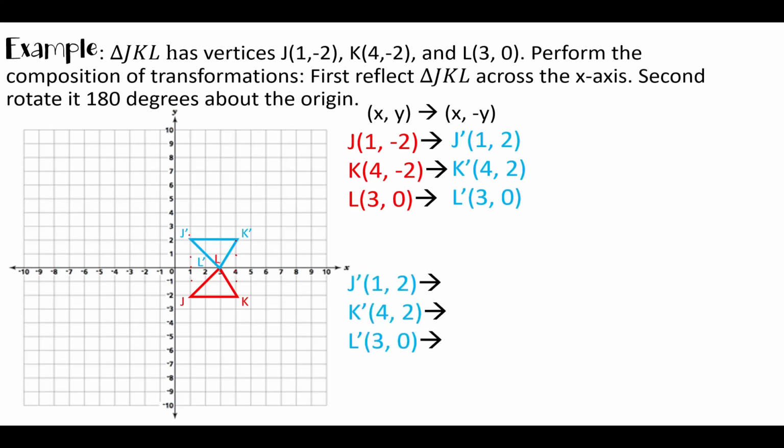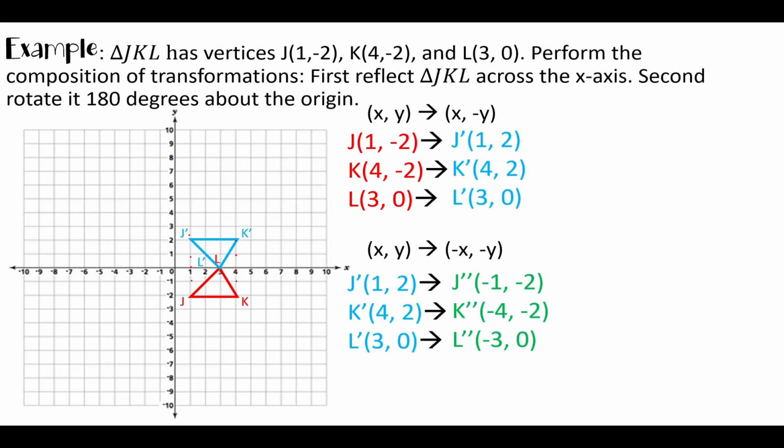So now we're starting with those same ordered pairs, J prime, K prime, and L prime. From that blue triangle, for our second composition, we're going to rotate the blue triangle 180 degrees about the origin. Sometimes it's easier for us to start with the coordinate notation or that rule and then find our ordered pairs before we plot them. So the rule for rotating 180 degrees about the origin is x, y maps to -x, -y,